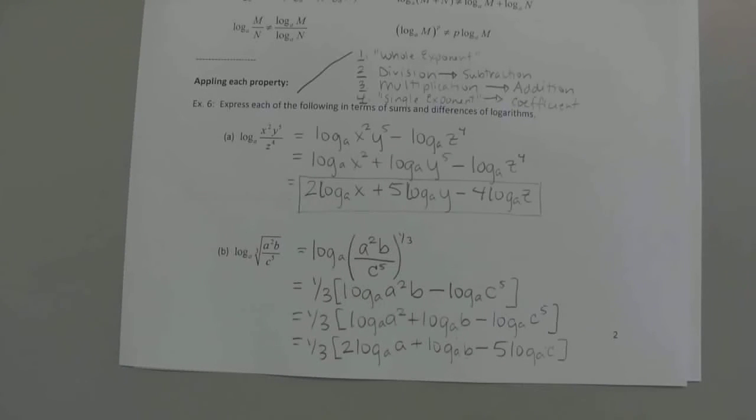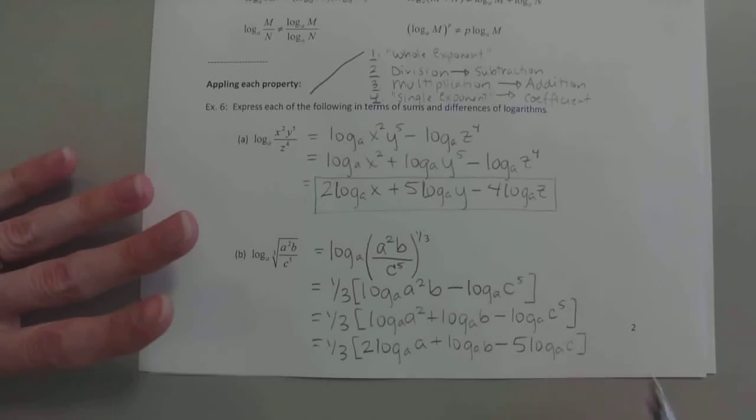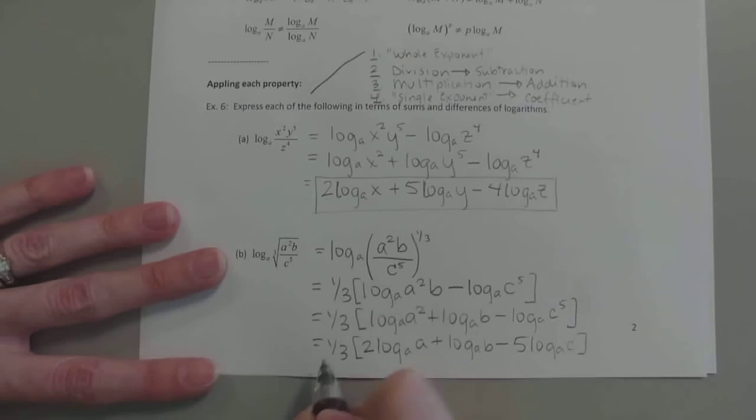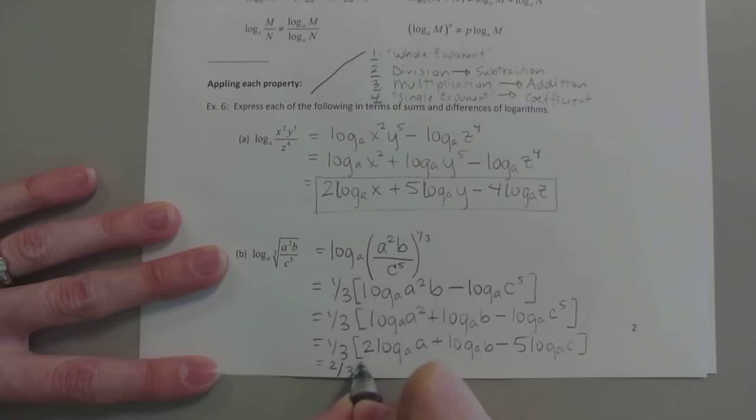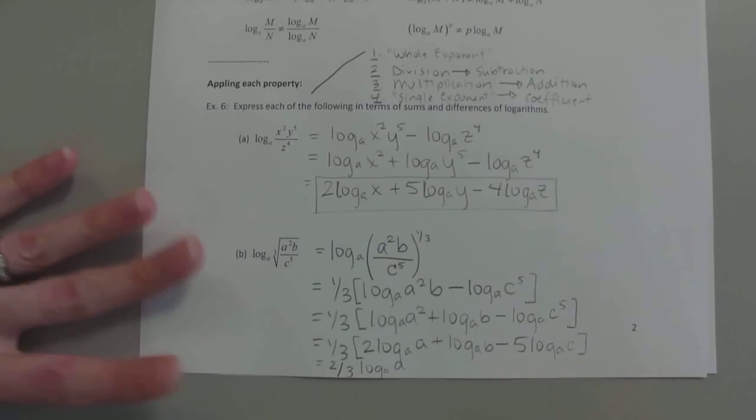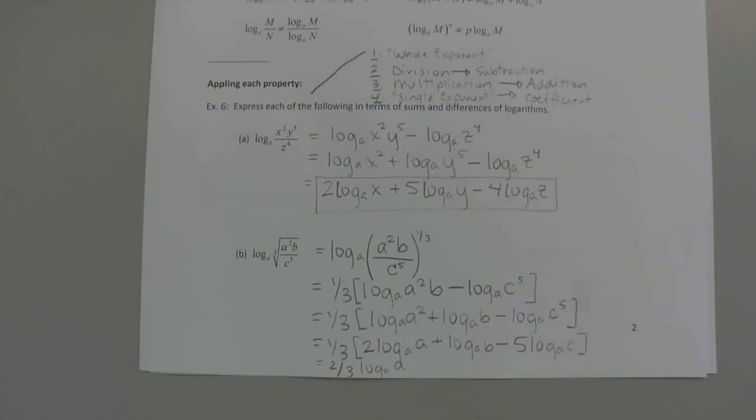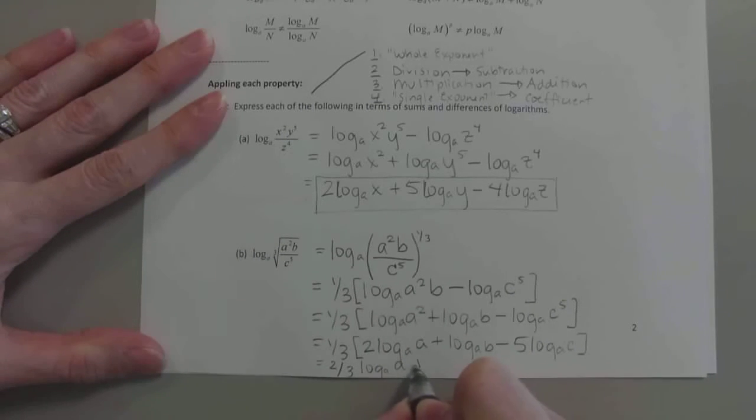My math lab, I don't know if I can squeeze it in there, but my math lab might want you to do, sorry, is that thing in your way, isn't it? My math lab might say, well, this still is kind of complicated because you're still having everything connected to this 1/3. So what's the one last step they might have you do? Yep, distribute it, okay? And this is just when I use a calculator, but 2 times 1/3 is just 2/3, okay? So the final answer that they might want, and I would take either or, so I'll circle both, is going to be